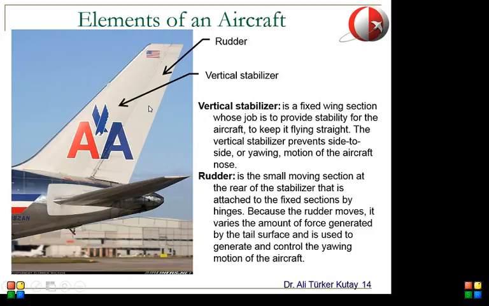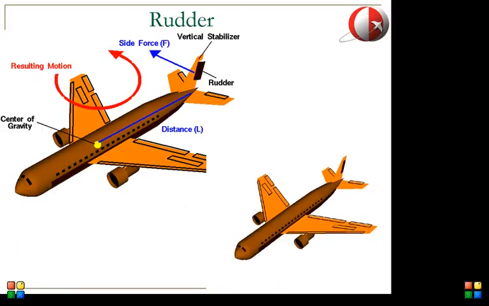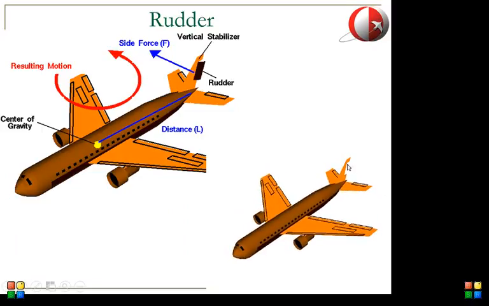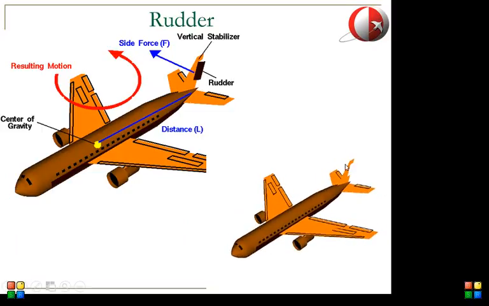So basically, the pilot can control this moving part, and by changing its orientation, the pilot can change the amount of force created on this wing section, and that causes the airplane to rotate in the yawing axis. Okay, so just like you see here. This little black part is the rudder, and as you can see, it moves with respect to the vertical stabilizer, and that motion changes the forces, and as a result of the change, due to Newton's second law,